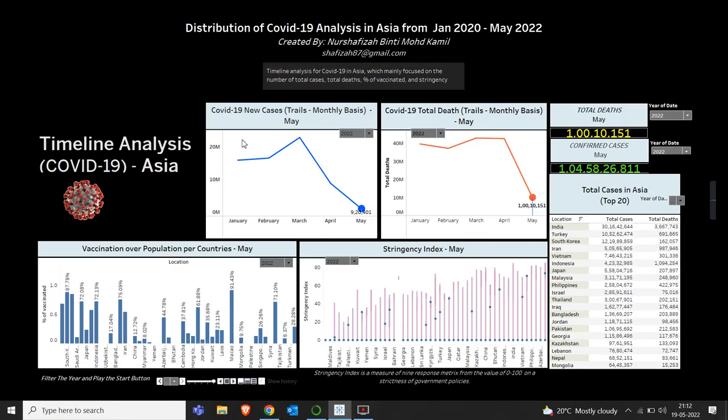Basically, that is a very interesting pattern that we can see for the years 2020 and 2021: there is an increment of COVID-19 cases while slightly decreasing from the end of December 2021 until May 2022. So let's move on to our next dashboard,